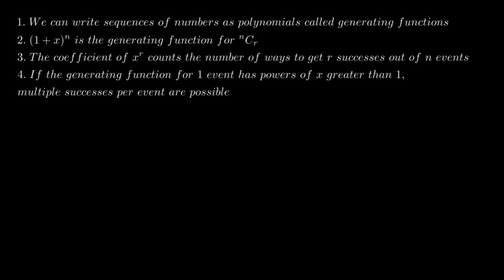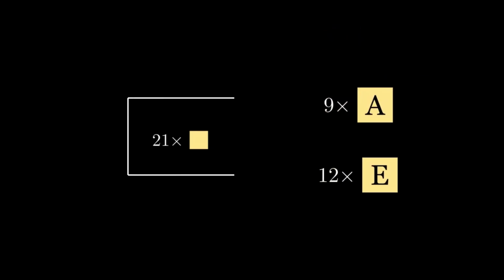Now we're ready to answer the question, how many unique Scrabble racks are there? This is a list of the number of each tile in the 100 tile bag. Let's imagine that the bag was made up of 12 E's and 9 A's to start with. Since a rack has a maximum of 7 tiles, we can further reduce our bag to 7 E's and 7 A's, since you can only have a maximum of 7 A's on a rack, not 8 or beyond, so having excess A's in the bag really doesn't matter, likewise for the E's.